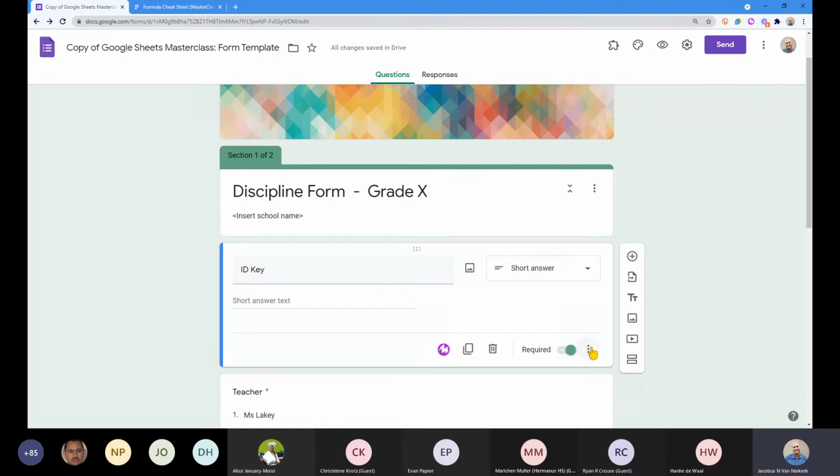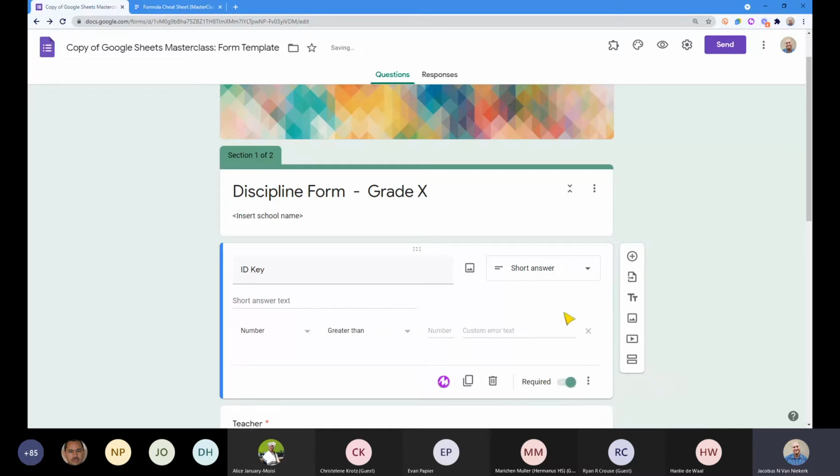So let's have a look at how we can do that. Now, last time we tried to do it, I know it bombed out. I'm just going to check if it doesn't do it this time. The easiest way to do this ID key is to limit the response by going to length and saying, look, our ID keys are going to be a maximum of 3 characters. Because our ID keys are typically going to be A01 or A02 or A03.